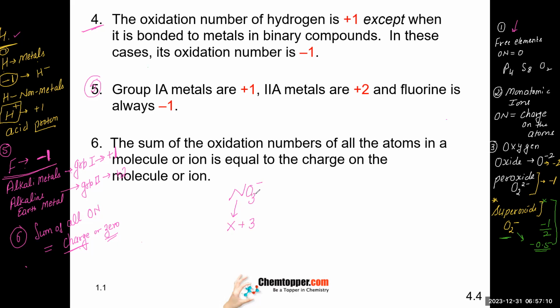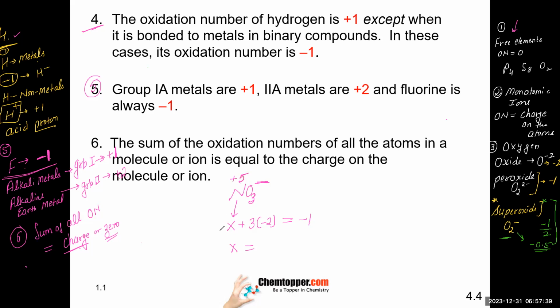So there are 3 oxygens, right? Each oxygen is -2. Do we have any charge here? Yes, -1. So what is X here, children? What's the oxidation number of nitrogen? Do algebra here. +5,